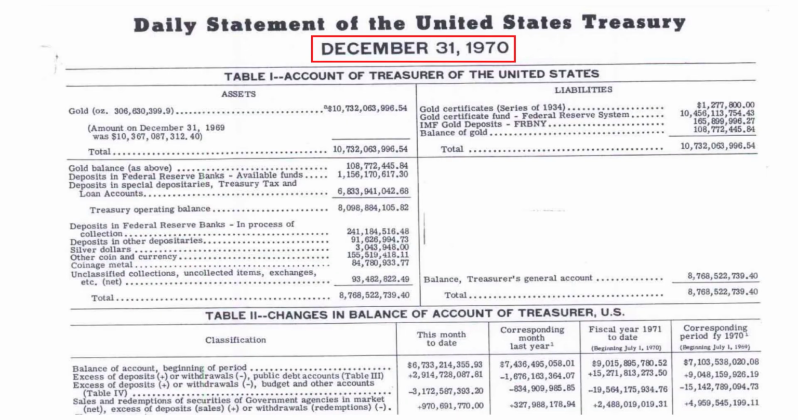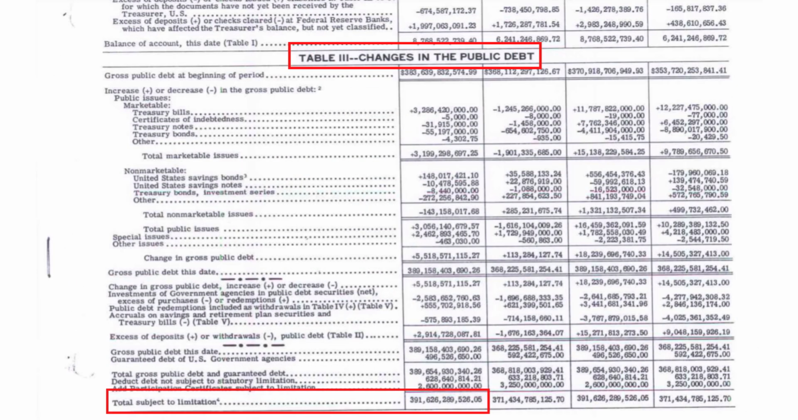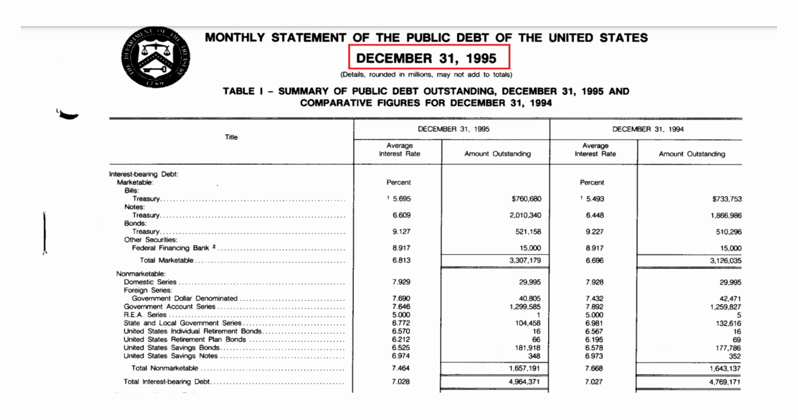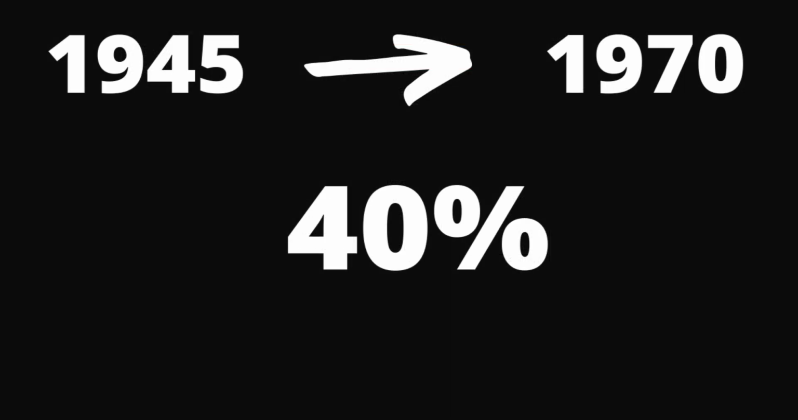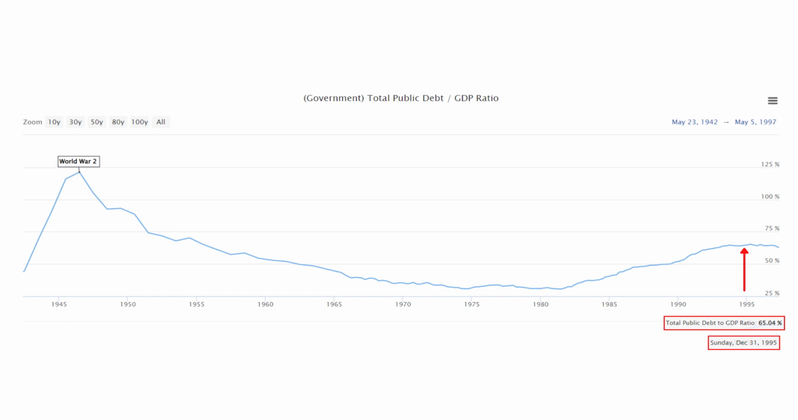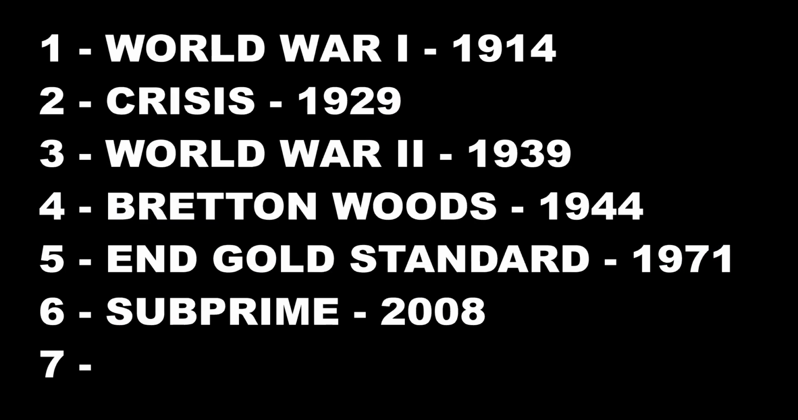The practical consequence of this is that the US debt, which in December 1970 was $391 billion, would increase to $4.9 trillion in December 1995. That is, if in the previous 25 years the American debt had risen 40%, in the following 25 years, between 1970 and 1995, it would rise more than 1,250%, or 12.5 times. And that year, it would reach the mark of 65% of GDP. However, this value would still be exceeded in the sixth event, and the sixth most relevant event would be the